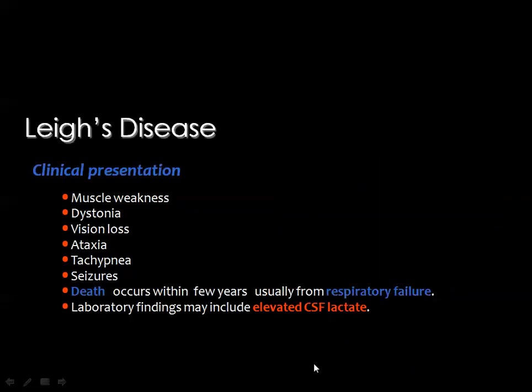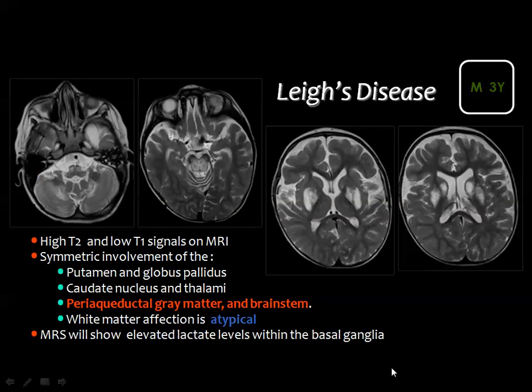Patients with Leigh's disease will present with muscle weakness, dystonia, vision deterioration, ataxia, tachypnea, and seizures, and death occurs from respiratory failure within a few years of life. Laboratory findings will show elevated CSF lactate. Then the lesions of Leigh's disease will appear as low signal in the T1, high signal in the T2 and FLAIR. In the CT scan, they will show hypodensity, and the sites are very characteristic for the diagnosis of Leigh's